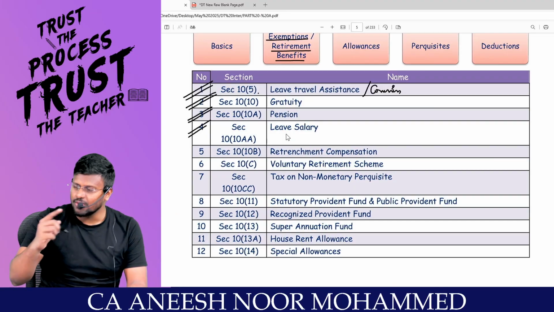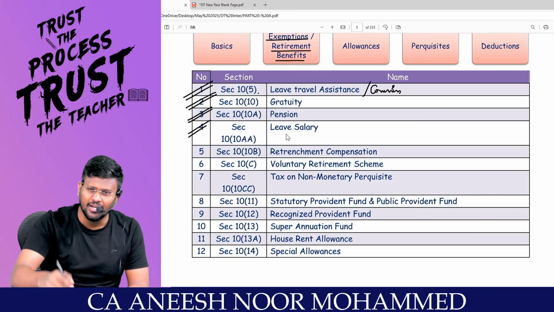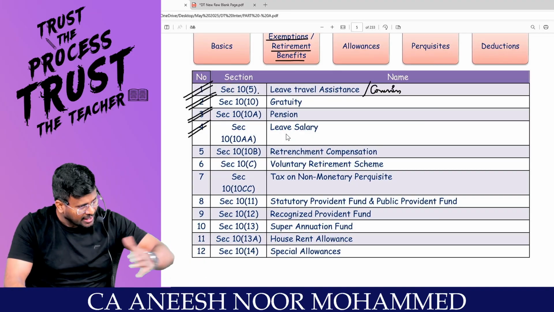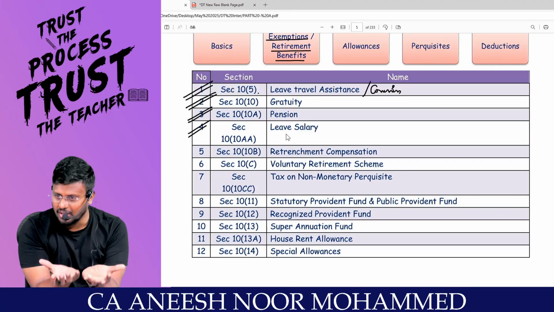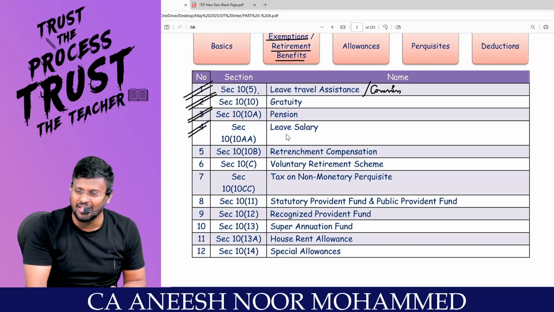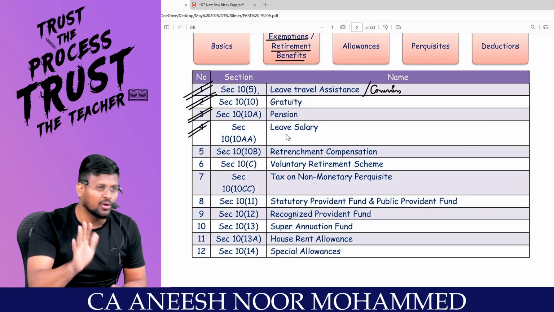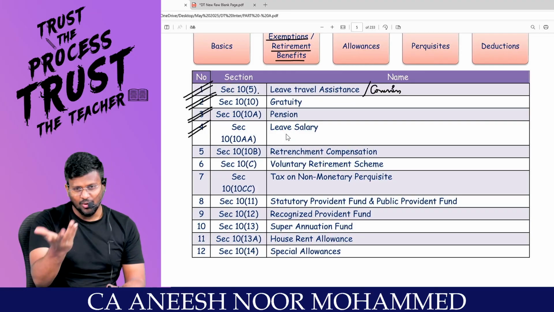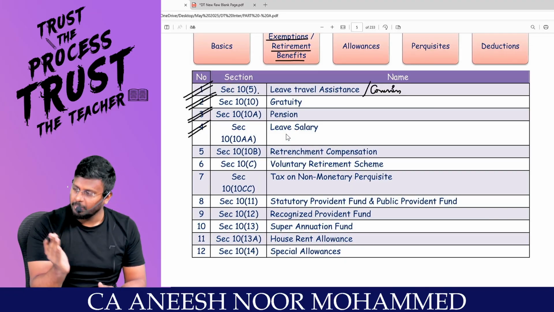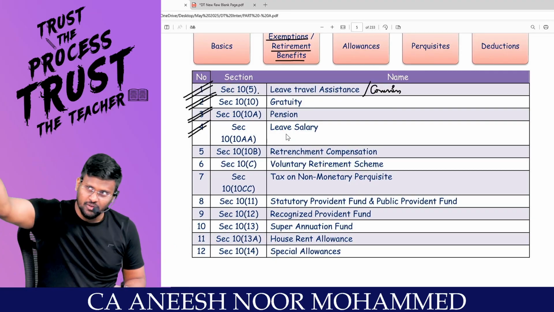If this has been received on a year-on-year basis, this would have been taxable on a year-on-year basis. But the employee has accumulated. Why has he accumulated? Sometimes he may have a daughter. For his daughter's marriage, he may need money. So he would have said, please don't pay me the leave salary on a yearly basis. If you give me leave salary on a yearly basis, I will go and spend it. So I will be spending the money without even knowing. So please accumulate that. Let it be a savings. So at the time of my retirement, pay me the full amount.